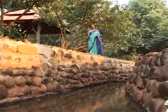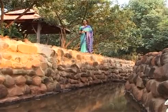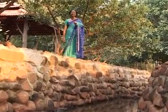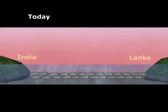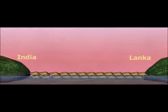Over the last few minutes, we have seen with a certain clarity and a detailed understanding how this bridge is a civil engineering marvel as explained in the text. A man-made accretion over a natural seerage. Today, on an average, this causeway is about 2 meters below water. When this bridge was built, it must have been at least about 1 meter above the then water level. That is, when the bridge was built, the sea must have been 3 meters or 9 feet below the present